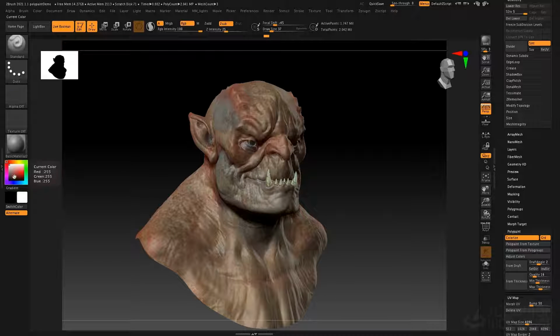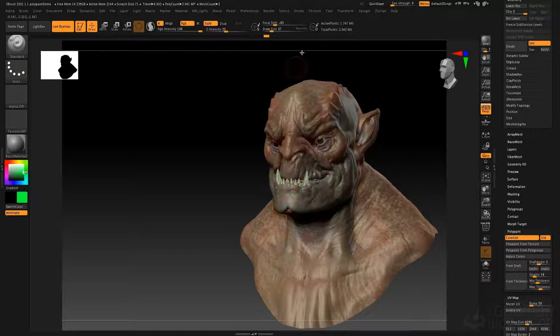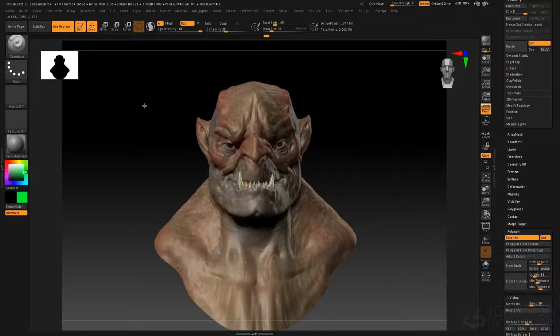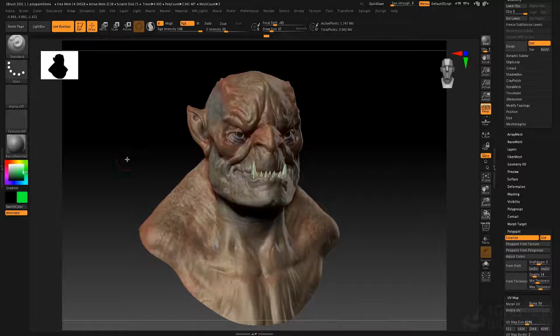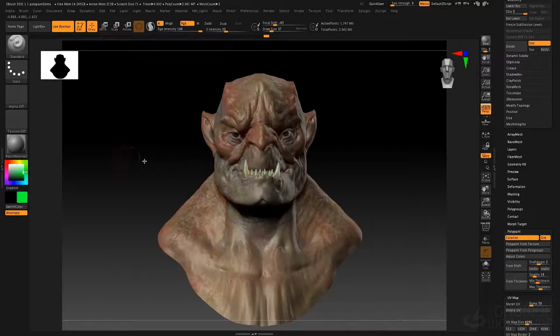So if I select a different color like green, Z Add and RGB, and then I draw, I'm sculpting and painting at the same time. If I turn off Z Add, my brush will only add color. It's no longer sculpting. So if we want to start painting on our character, all we need to do is fill it with a base color. So right here, I've made this ZTool available to you in the downloads for this class so